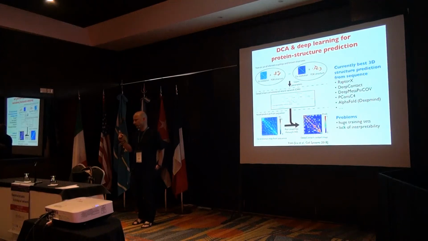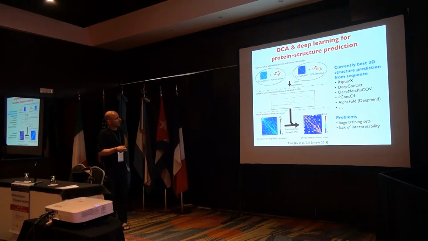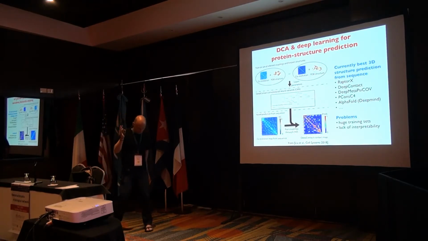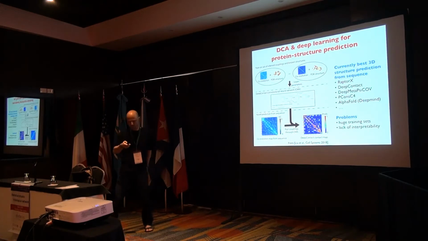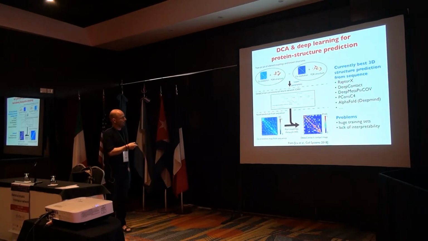You find a lot of false positives. So the examples I showed you were nice examples. And what has been done a lot is, so the method is totally unsupervised. You just take the data, you find the couplings, and then you say the biggest should be contacts. But this could be totally crazy because we know we have a lot of structures.